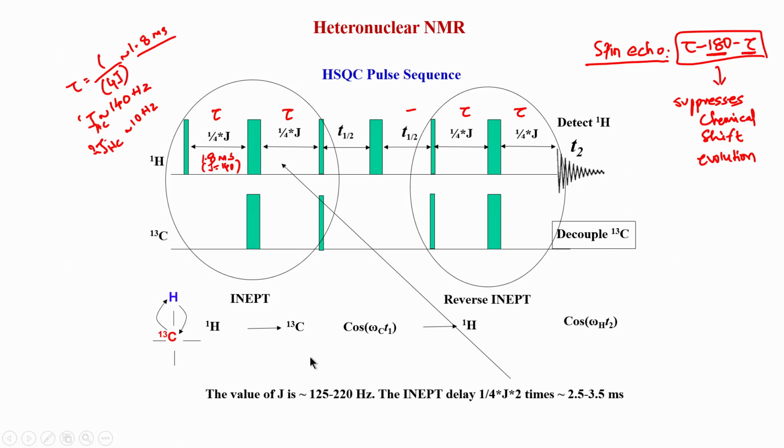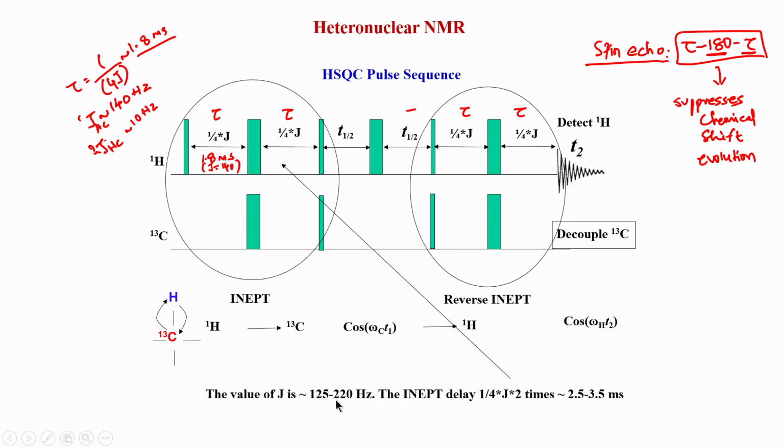So, we have an aromatic HSQC which detects only the aromatic portion of the molecule, the aromatic amino acids such as phenylalanine, tyrosine, tryptophan, histidine, etc., and one experiment only for the other part of the protein, that is aliphatic, the hydrophobic or non-polar amino acids. So, this delay period is something which we already discussed, and it varies depending on the J values.